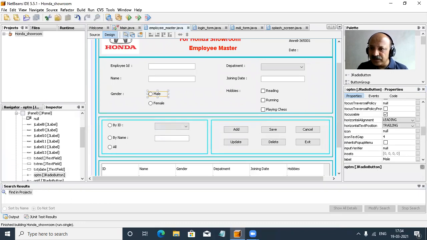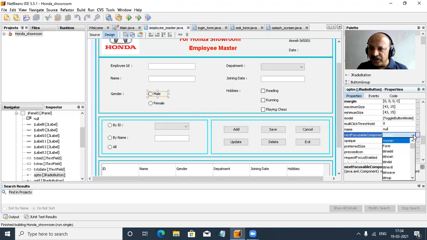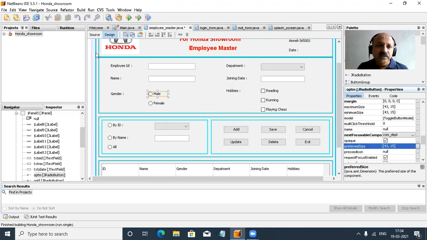So I also take the next focusable as the department. Both are any one, because that is an optional button. So yes, combo department, that is perfect. So yes, I save. That sequence is maintained, and the exit button and add button now turn to cancel first, and